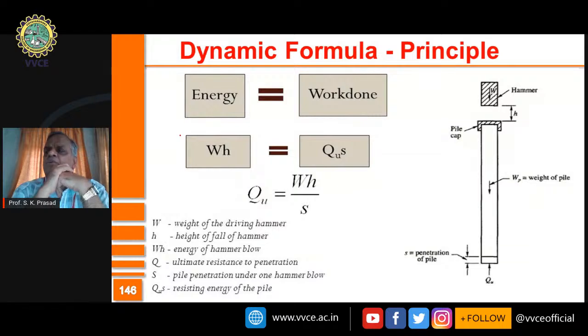Friends, you can determine the capacity by static formula, as I said. You also can determine by dynamic formula. What do I mean by dynamic formula? I told you that there are two types of piles. One is driven pile. What do you do there? You drive the pile. How do you drive the pile? You drive it from the top, hammering. If the resistance is more, then you have to apply more driving force. And automatically, you know that the capacity is high.